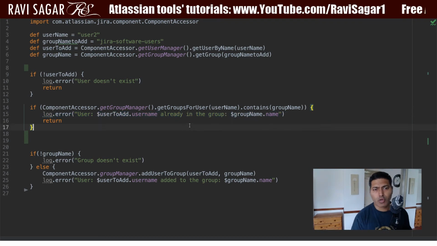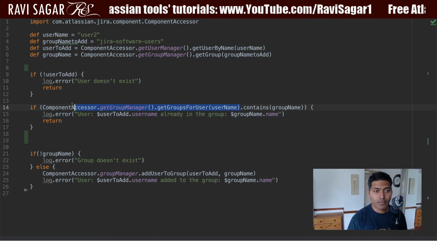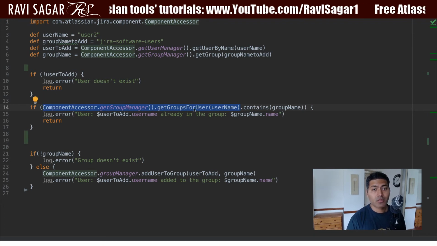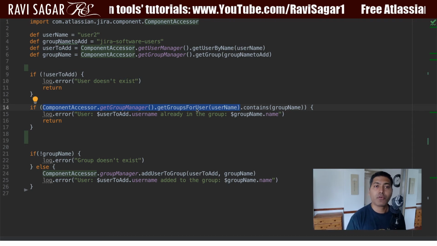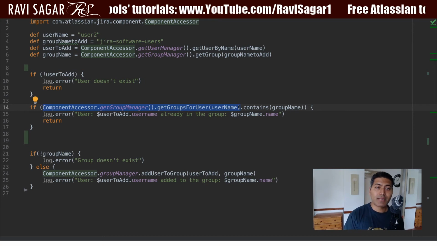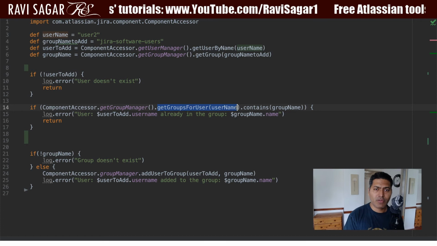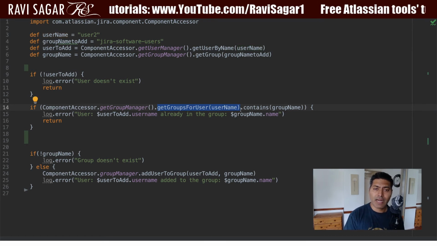What I'm doing here is first fetching the groups of the user, using the group manager's get groups for user. Then I am checking whether that list, because when you run this method you will get a list, contains the group name.